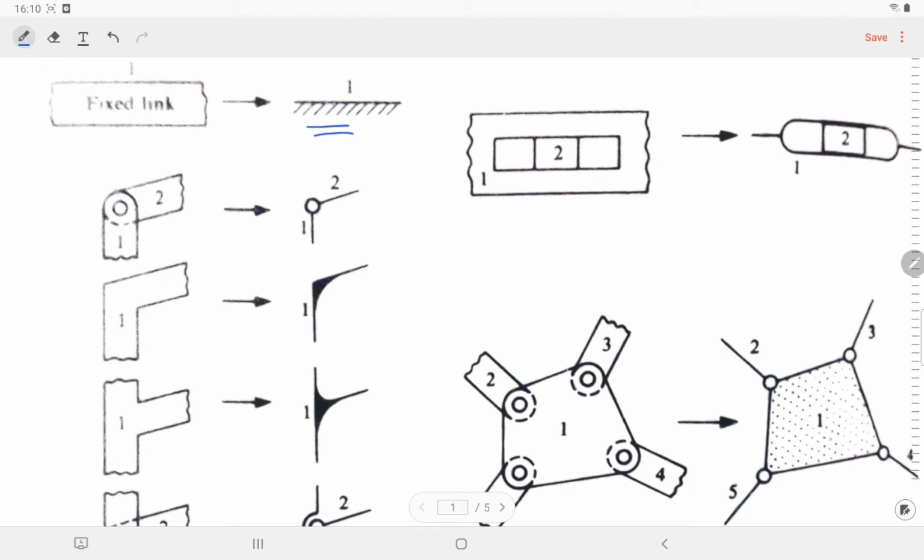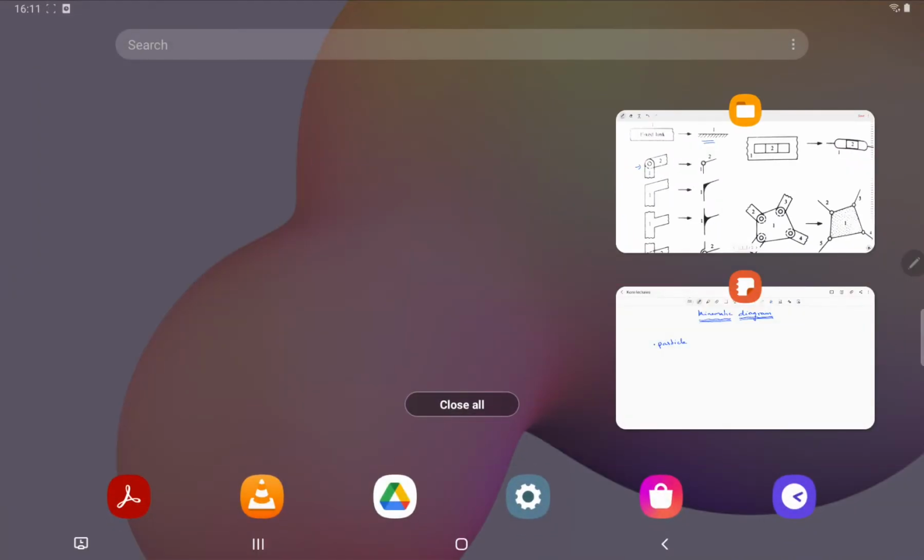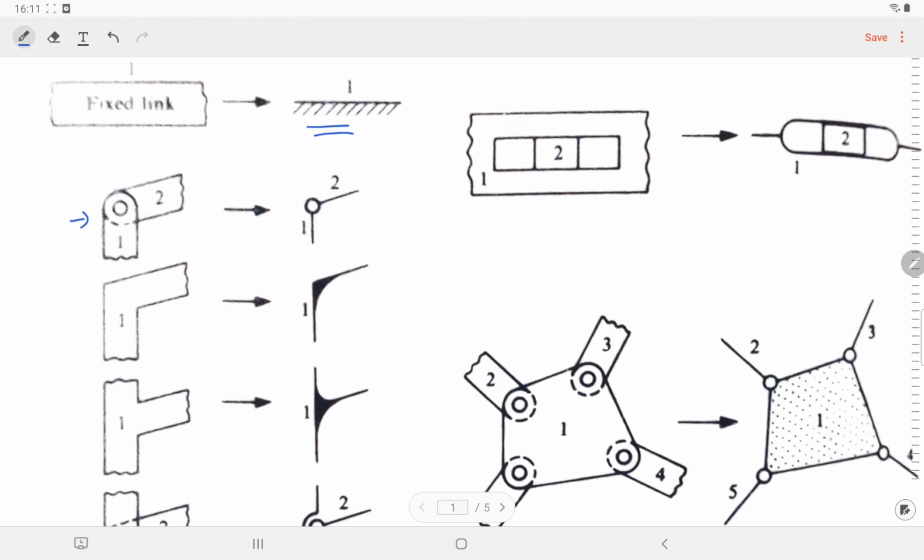Okay, so that's how we represent the fixed link. And then if it's a hinged or a revolute pair, shown in here,